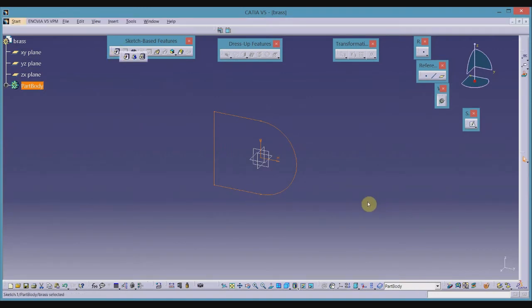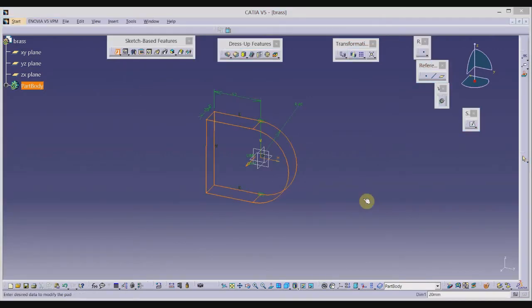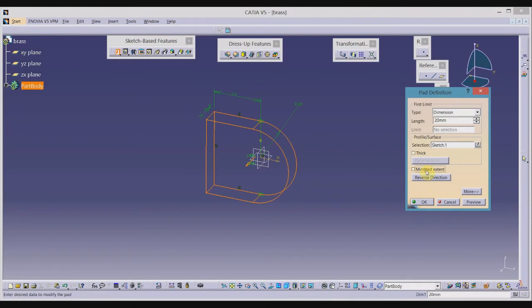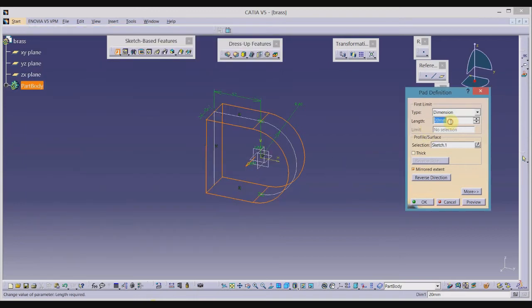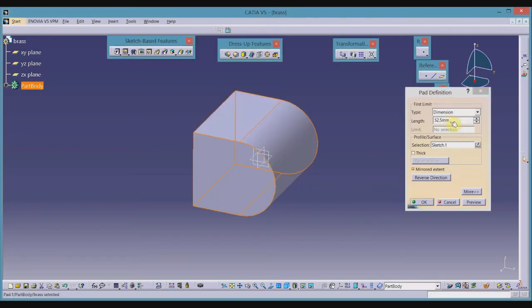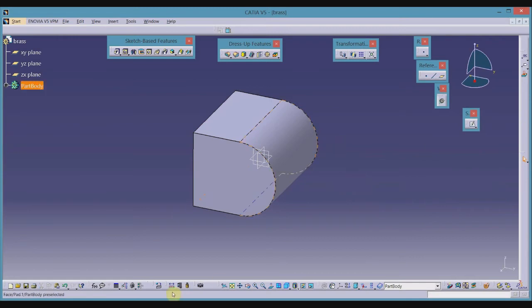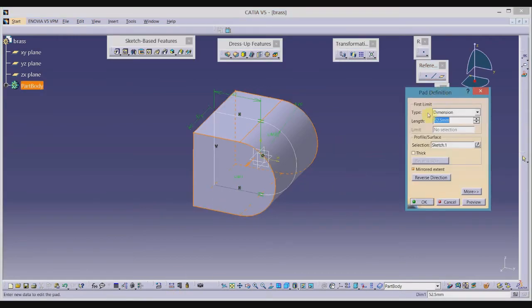I will add the material using pad tool on both sides of the sketch plane using mirror exchange tool, and the depth of material addition will be 80 plus 12.5 plus 12.5 total. So on one side of sketch plane 40 plus 12.5, since we are using mirror exchange, so 40 plus 12.5 on each side. Okay, next I will select this as my sketch plane,